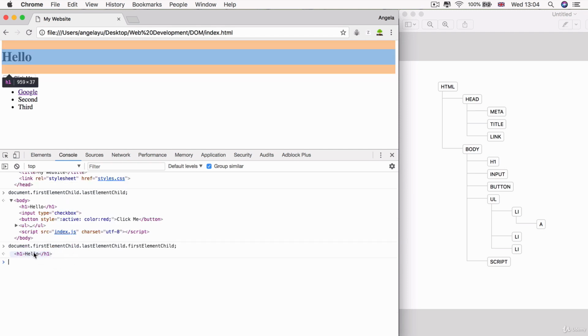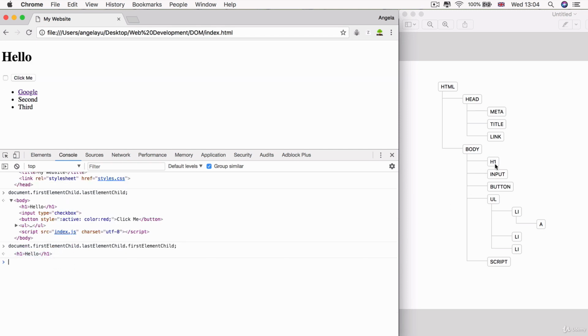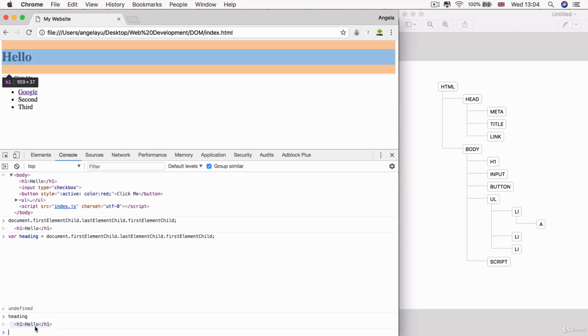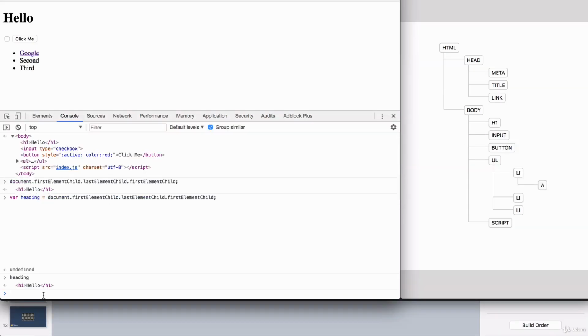So once you've successfully selected the object that you're interested in inside the DOM, then you can manipulate it. So we know that this line of code gets us to our H1. So I can simply save it inside a variable. So I can say var heading equals this object. And now you can see if I hit heading, you can see it's pointing towards our H1. So if I wanted to manipulate that heading, then I can simply say heading dot inner HTML equals